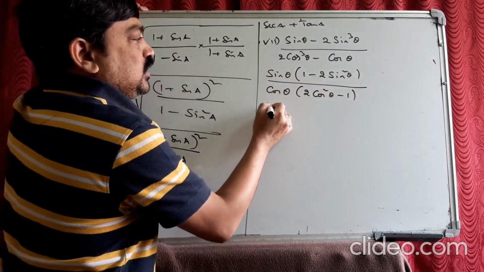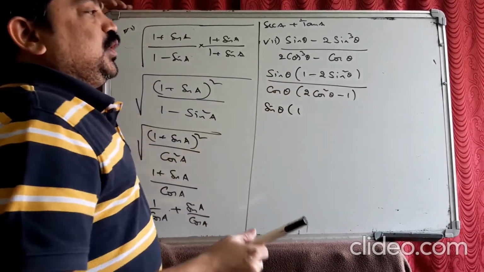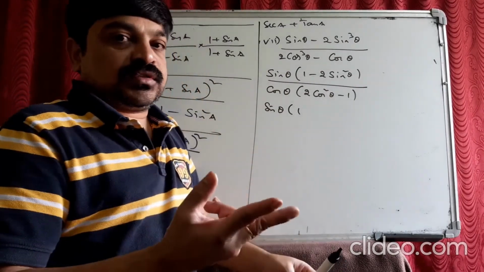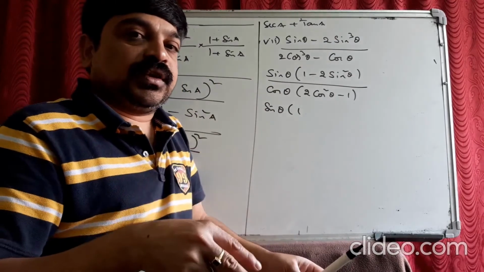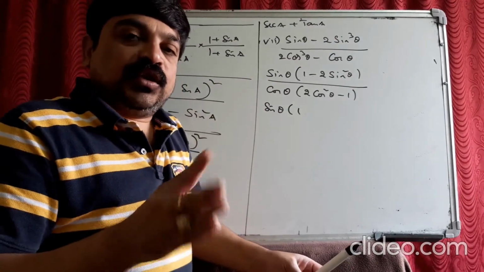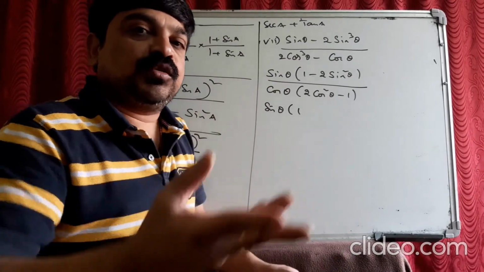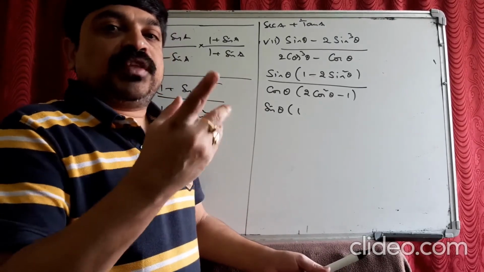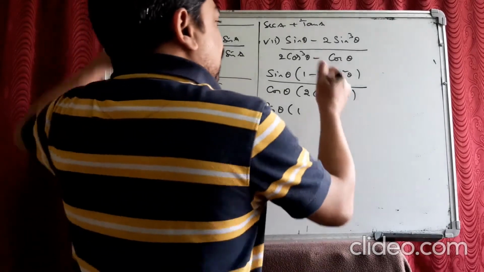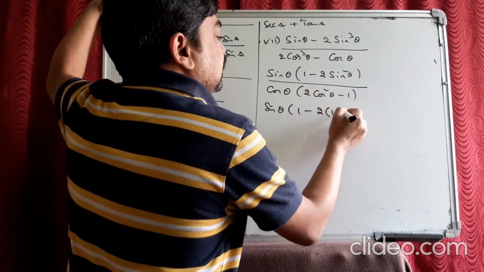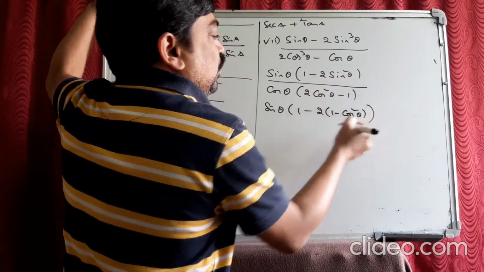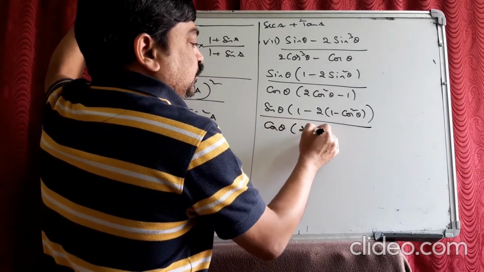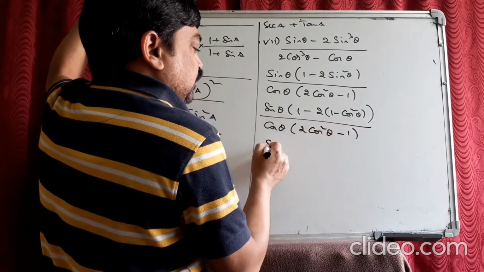Sin theta by cos theta, sin theta into, you have two chances here. One is to convert either sin square in terms of cos square or cos square in terms of sin square. But do only one thing. Don't do both. Don't change both, you'll get a new problem. So to cancel the things, you have to convert only any one of them, not both of them. Okay? So I convert sin as cos. So sin square theta I wrote as 1 minus cos square theta. The denominator becomes cos theta, 2 cos square theta minus 1.